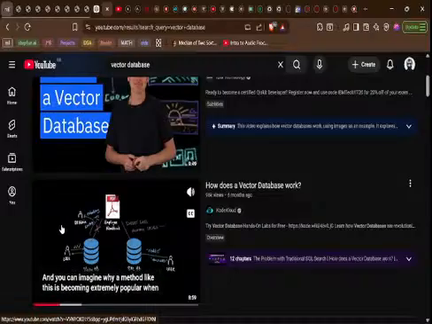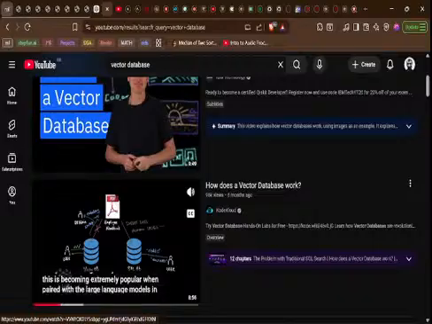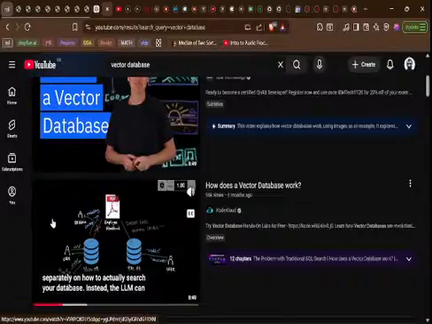And you can imagine why a method like this is becoming extremely popular when paired with the large language models in AI, since you don't have to train the LLM separately on how to actually search your database. Instead, the LLM can freely search based on meaning and have the confidence that your database will